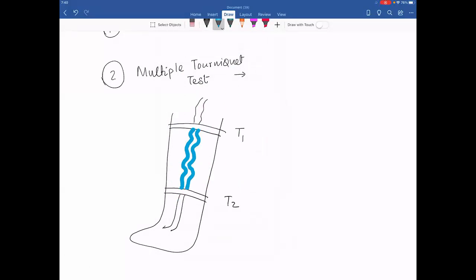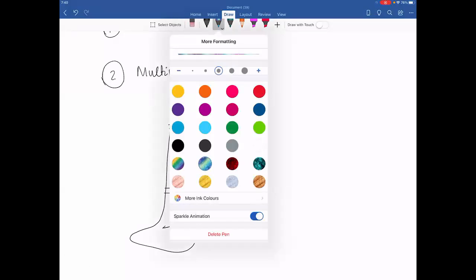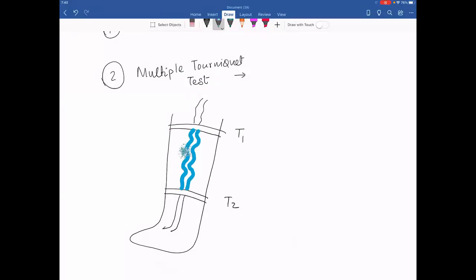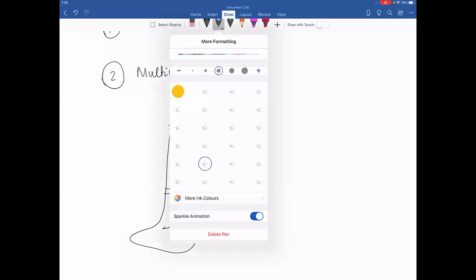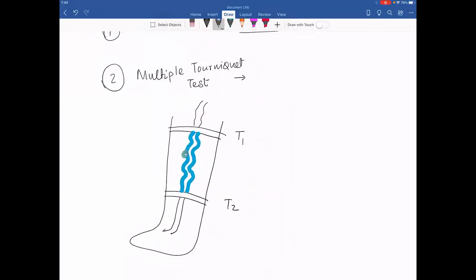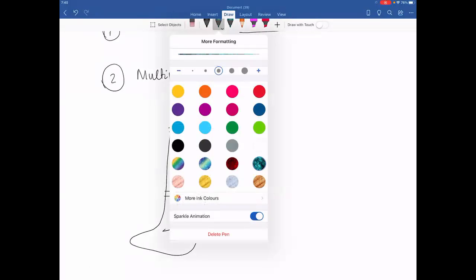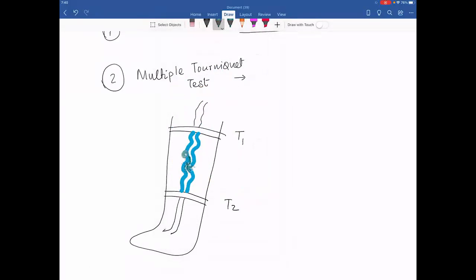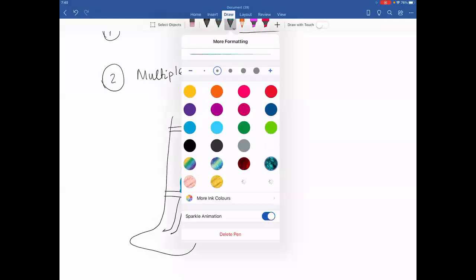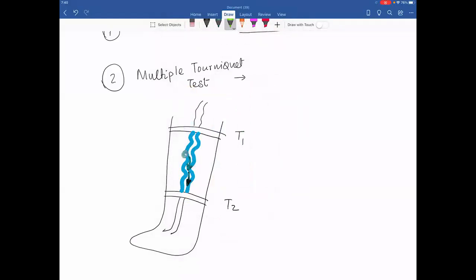Now, if this is the picture, then understand that there is an incompetent perforator. Okay. If there is an incompetent perforator, all the blood is thus known to go exactly like this, and effectively it is this segment of the vein which will thus be filled up like this. So this is the rationale or logic of the test.